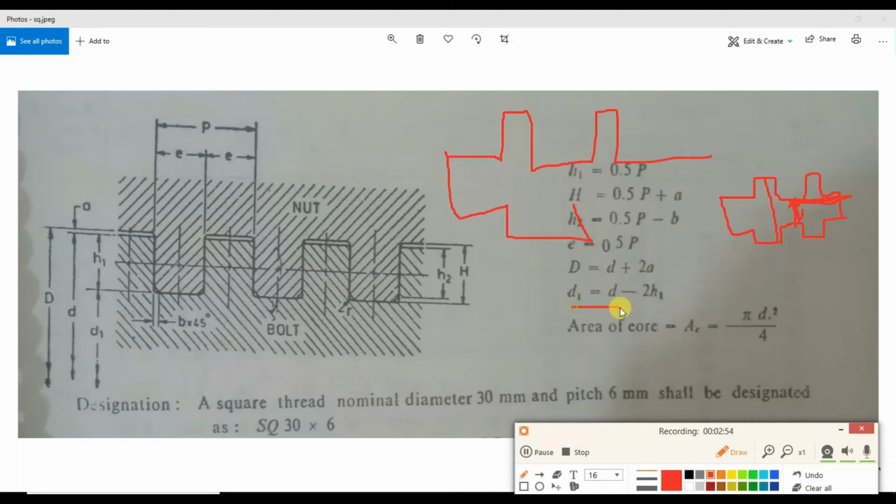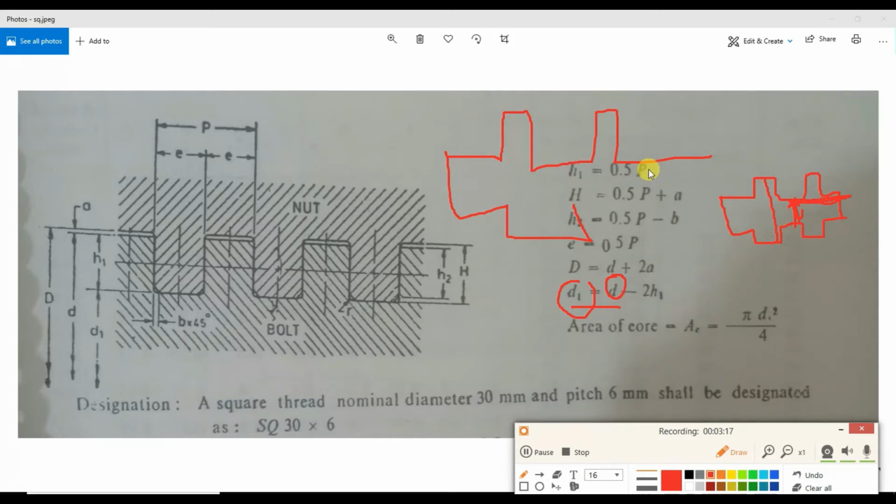How to find the minor diameter? D1 is the minor diameter. D1 equals D minus 2 times H1. This D is the major diameter. The major diameter given in the problem is 38. So 38 minus 2 times H1. H1 is 0.5 times the pitch. Pitch is 7.